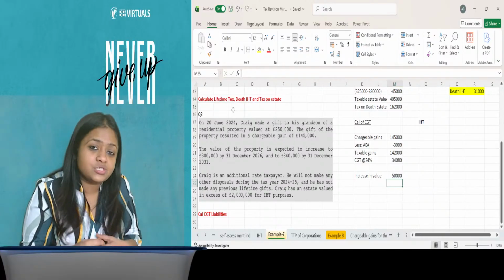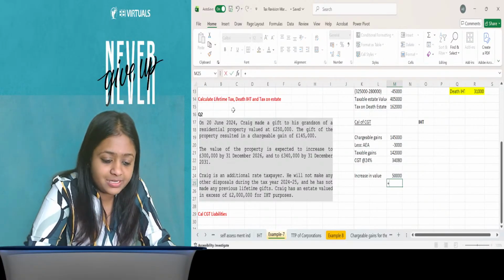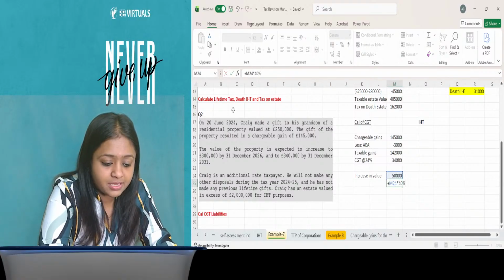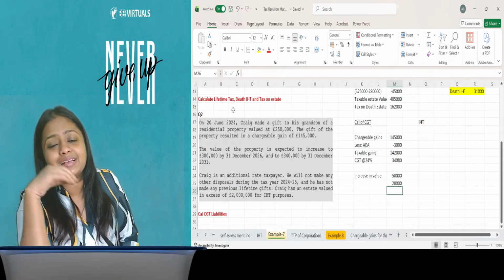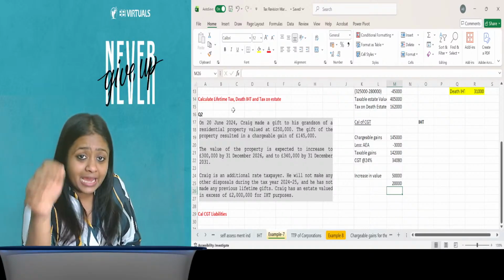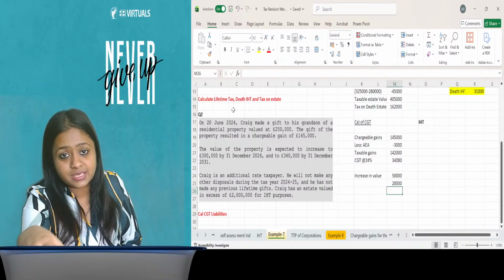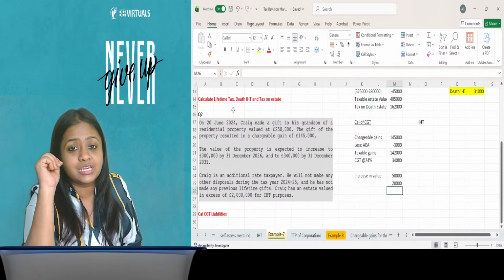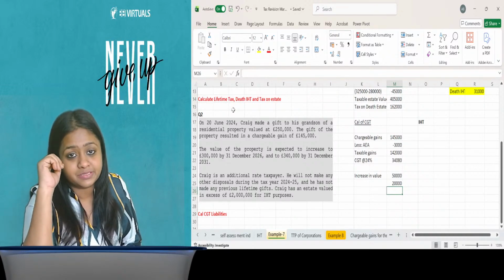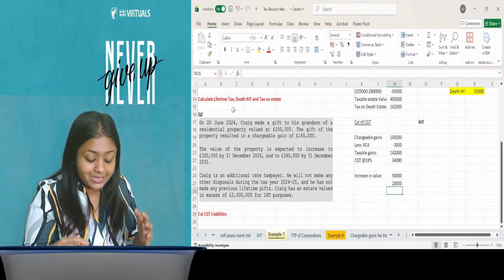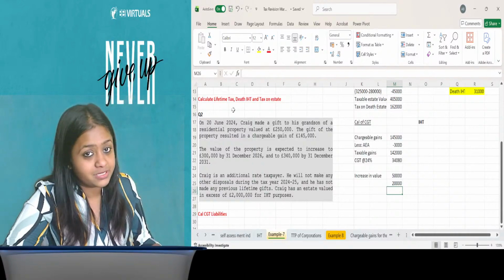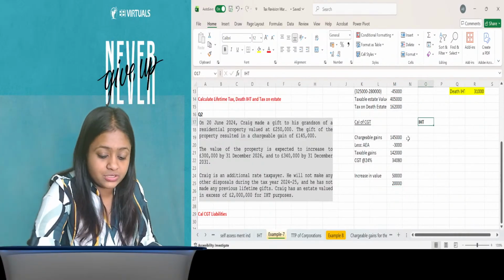So if the question asks what the benefit here is, the benefit is that you simply apply 40%. 20,000 is the tax saved, because if he had died, then this would have become taxable, and there would have been a death IHT applicable on it at the rate of 20%, 40%. Right? So 20,000 is the tax saved that we can comment here. Clear? Okay, let's go to the next one.